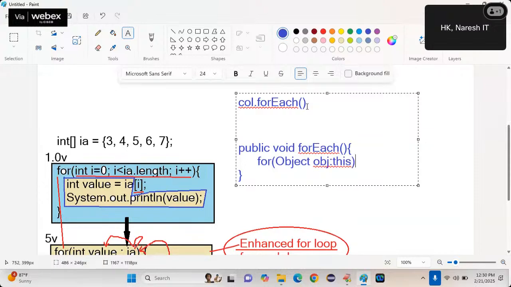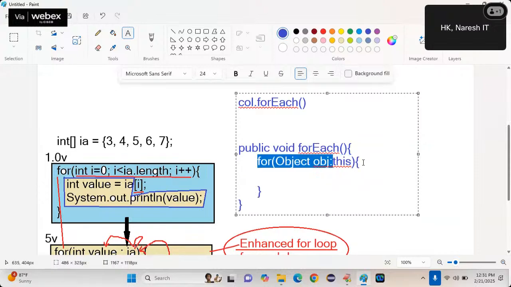Okay. What should I write here? Inside the forEach method, with what object are you calling? With the current object, which comes as this, open bracket, closed bracket. Tell me now, what is this for loop doing? The for loop is retrieving the first object stored in this variable. Then what should I do? Does the forEach method develop the business logic for you? No. It is only returning the object to you.